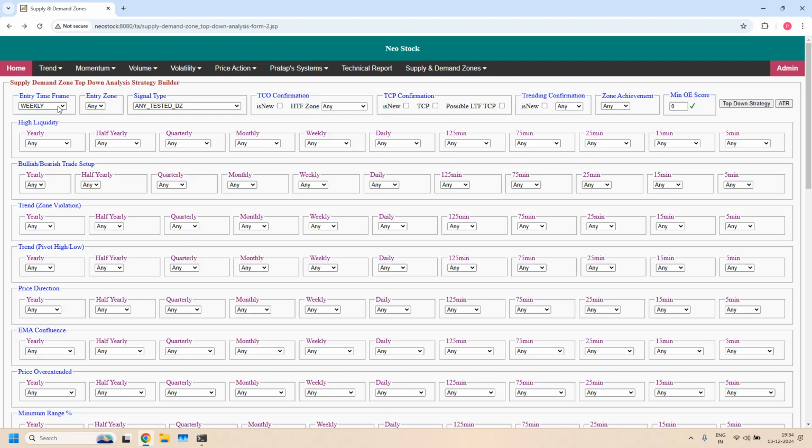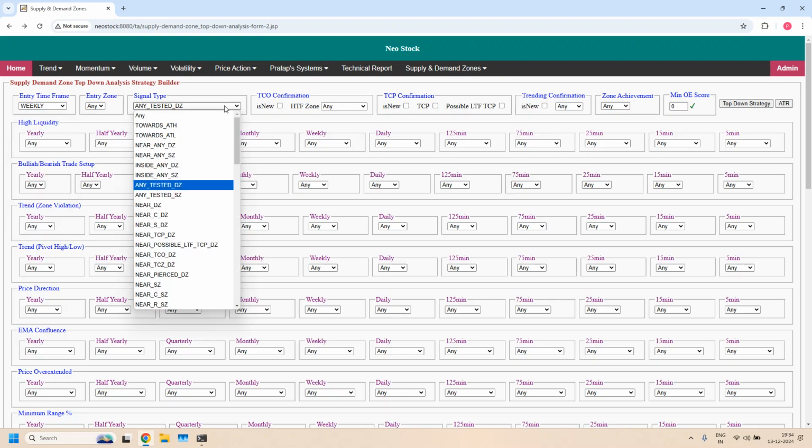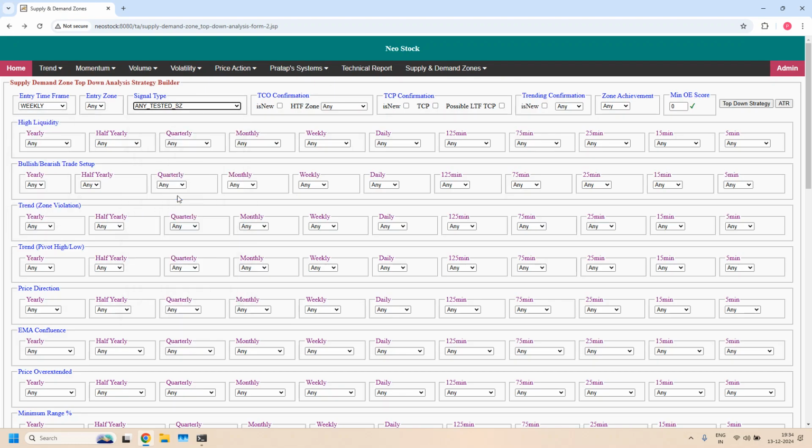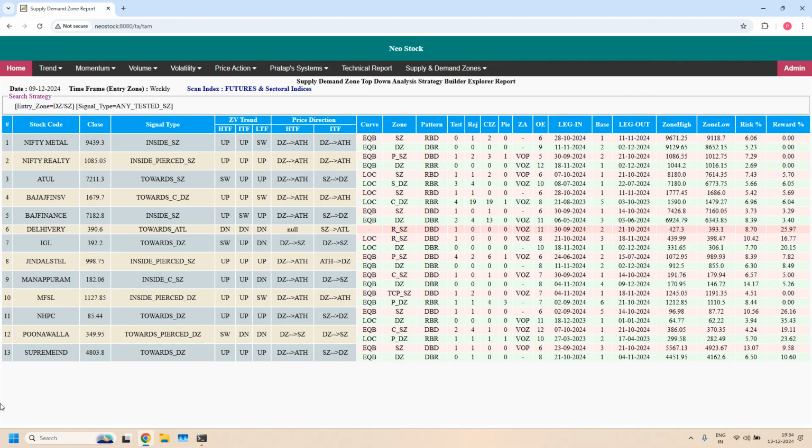Okay, next, weekly time frame. The tested weekly supply zones. These 13 supply zones are tested during this week. Okay, next,